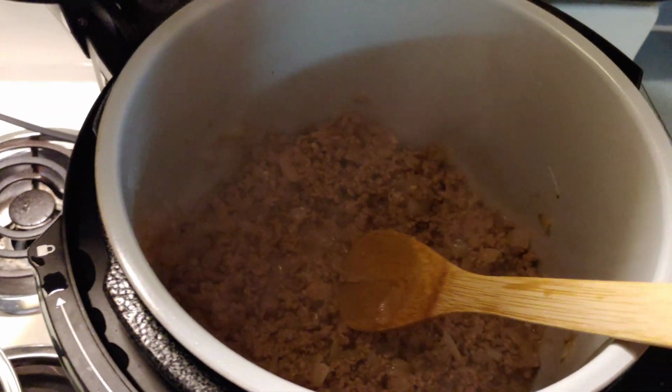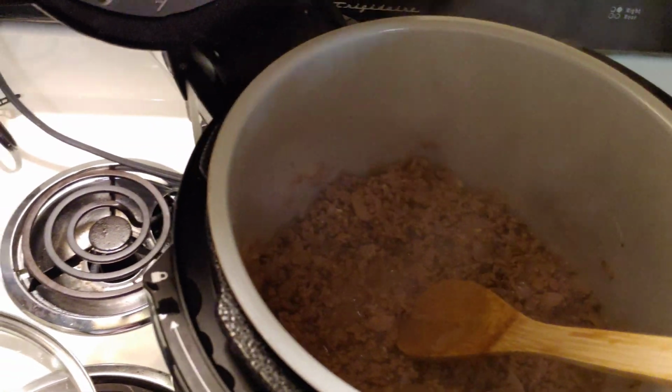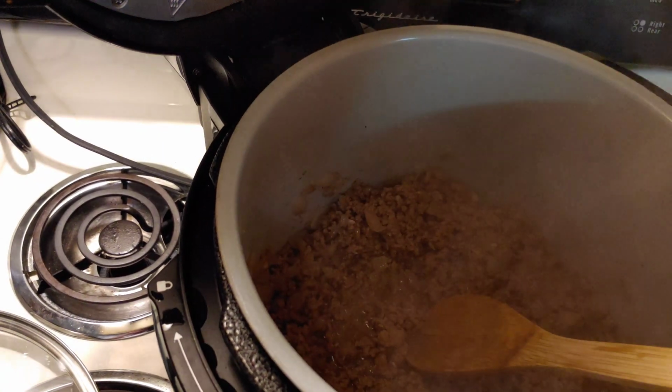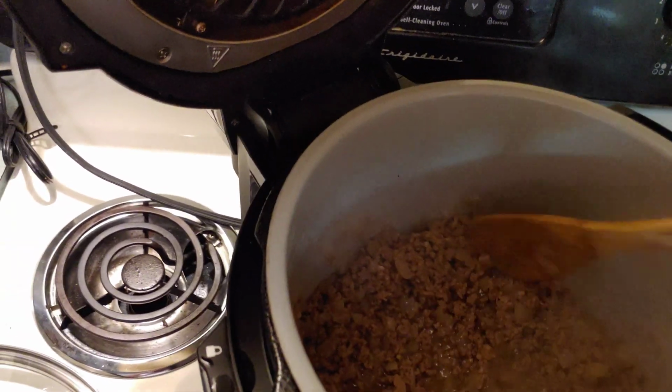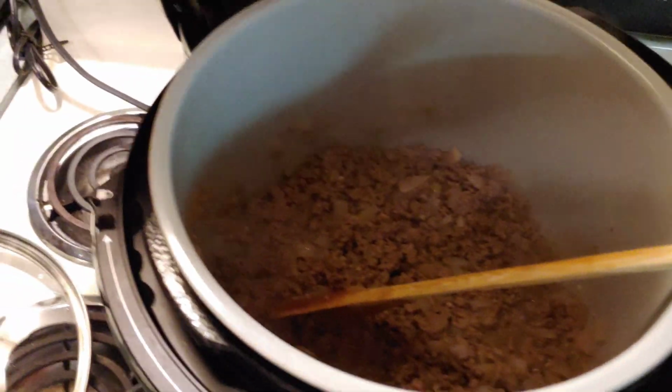You don't really have to drain it. Some people like draining after the chili's done because the oil will sit over the top. You can just go over with the ladle and pick it up. But now that the meat's completely brown, we're going to go ahead and add our